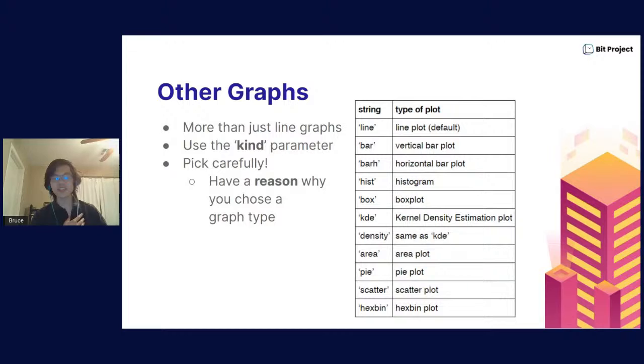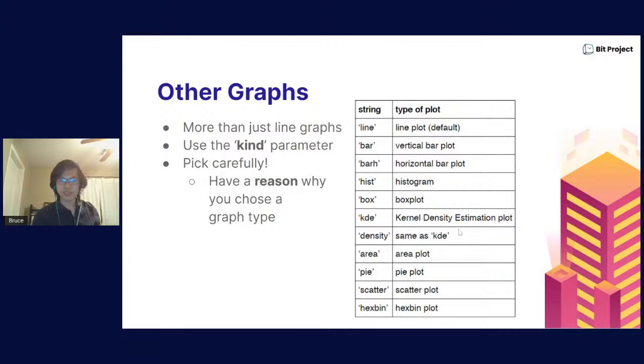So this is non-trivial, right? It just sort of assumes that you're making a line plot, but you have to make the active decision to do something other than that. And when you make that active decision, you better be making it for a good reason, right? Why are you going to pick a bar graph over a histogram over whatever, right? Why would you choose an area plot over a,